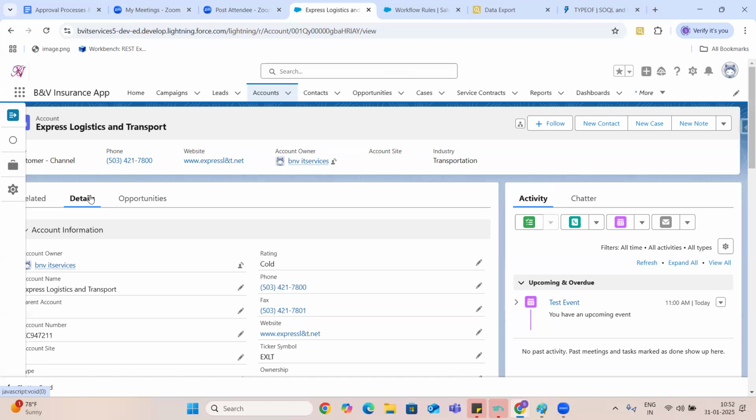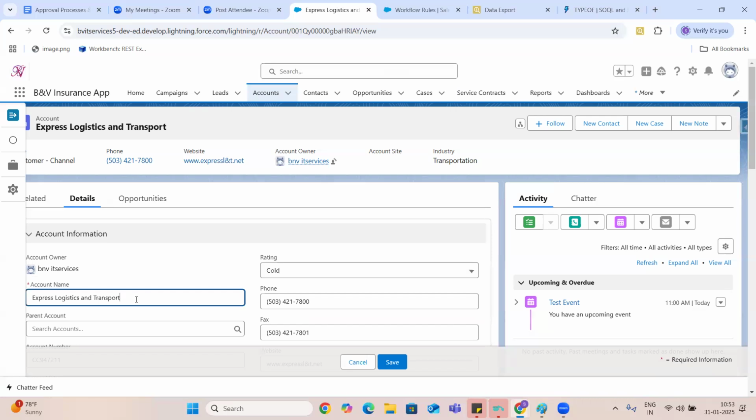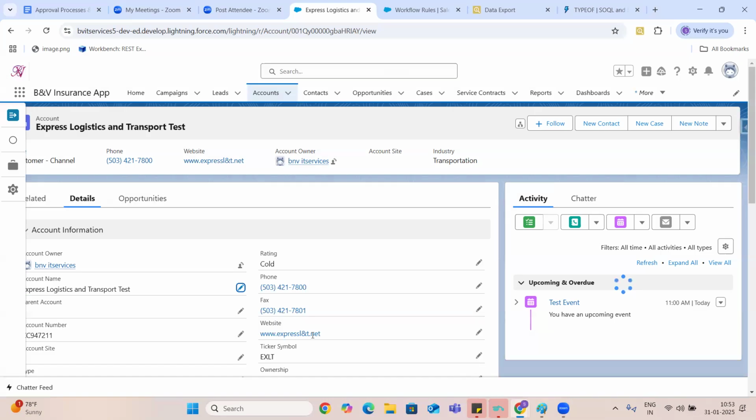For example, what we said, our condition is name contains test, right? If I give it like this, the condition is already satisfied. If I click on save, first, previously the value did not contain test, but this time it contains test, so it meets the criteria, and it will perform the operations, guys.